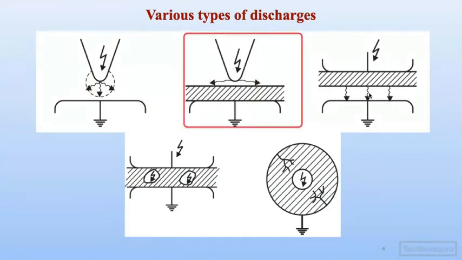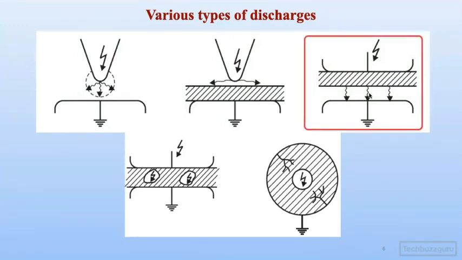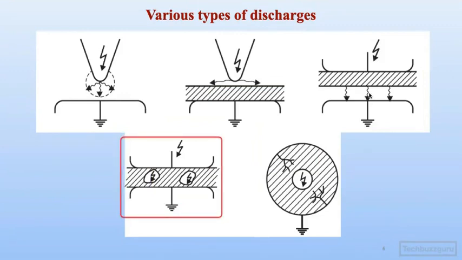Here between the electrodes there is an insulator sample with a small air gap. It is showing discharges again in the form of arrows, and the plane electrode again has discharges down at the bottom. The lower figures both indicate internal discharges. You can see between the two plane electrodes there is an insulator sample, and inside the insulator sample there are voids.